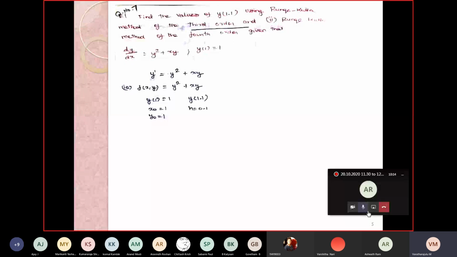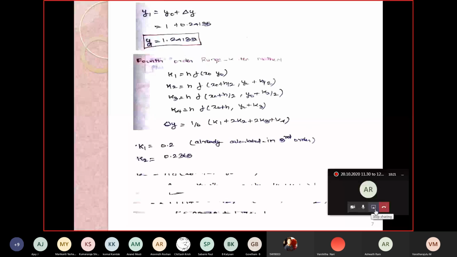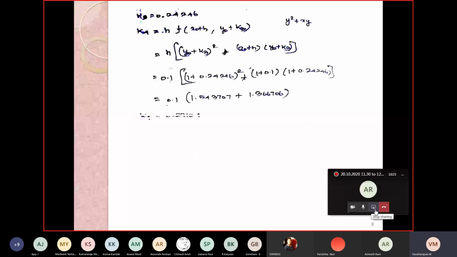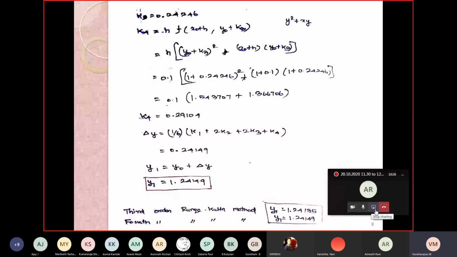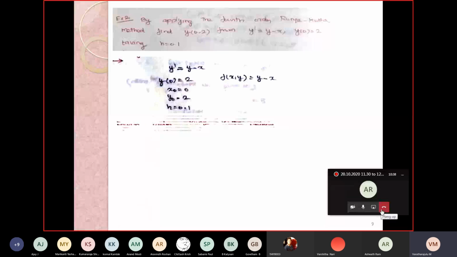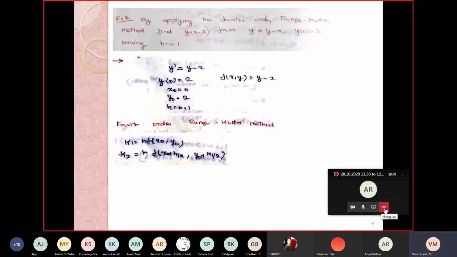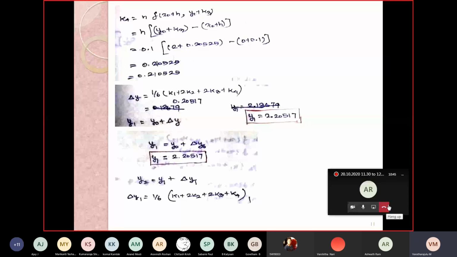is the problem we saw yesterday. The result of yesterday's problem is 1.24135 for third order, and 1.24149 for the fourth order. And concerning the practice problem, this was the result. As said by your friend, he is concerned about y1. Y1 is right,